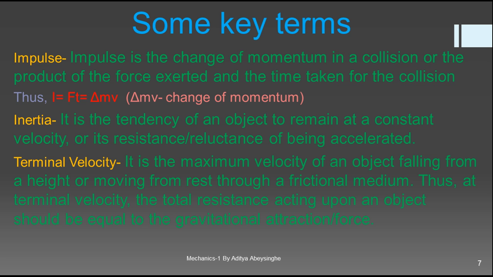Now what generally happens is that this impulse creates a change of momentum. We generally express any change, a change of energy, change of momentum, change of work, anything, as a delta quantity, a very minute quantity. So delta mv is actually the mass times the change in velocity. You can also say that delta mv is equal to m delta v, because we consider that you don't change the mass of an object. But there are occasions in which we change the mass of an object also in the case of change of momentum. For most occasions, we keep the mass constant and we change the velocity. So delta mv is also equal to m times delta v.